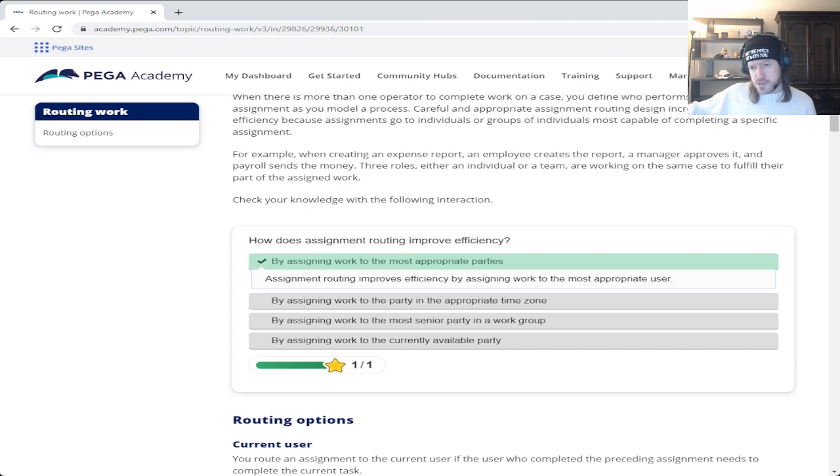There are no managers on the other side of the world, so this statement is basically saying we have to assign it to the party in the most appropriate time zone. Well, the most appropriate time zone would be the people on the other side of the world, right? They're going to be starting their day. They can handle the assignments, so we hand it to payroll. But it's for managers. That's where the problem is, because it's not the most appropriate party.